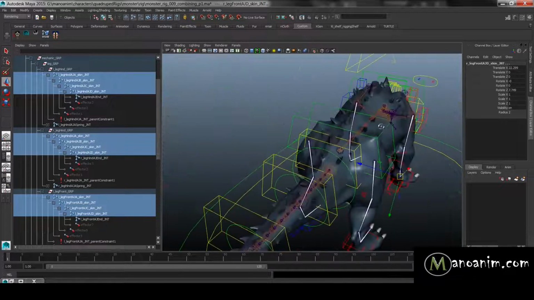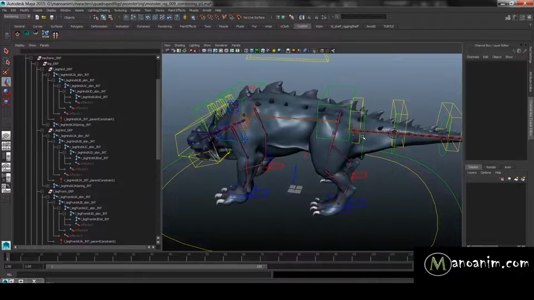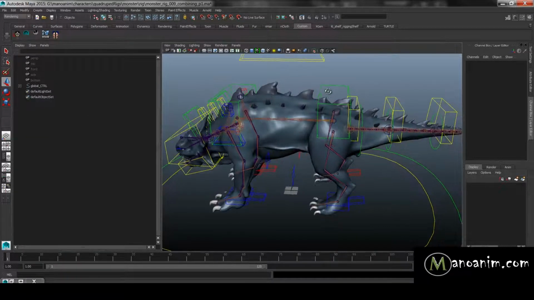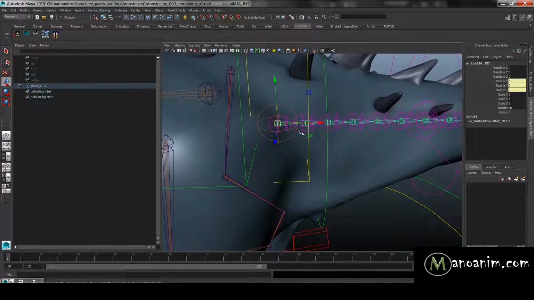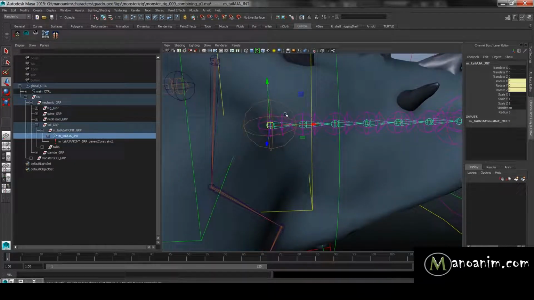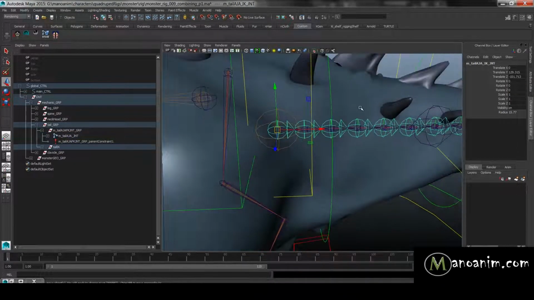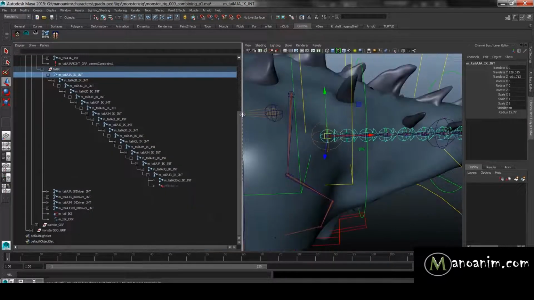So continuing, there are a couple of things that I want to say. I'm not going to go too much into skinning in this course, or into any details about skinning or how to pick your joints, but there are a few things that I want you guys to know. First off, I don't skin to my FK chains as long as I have an IK chain underlying. In this case, I have my IK chain here, so I'm just going to select everything in that IK chain except for the end joints,